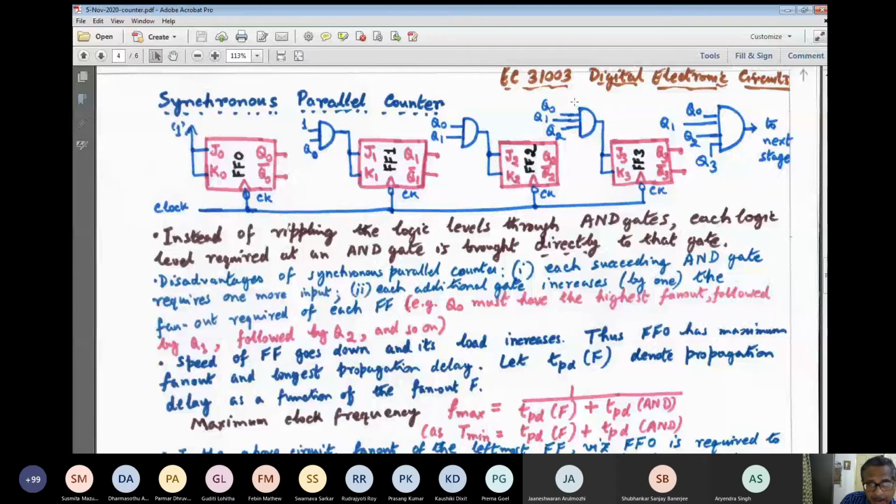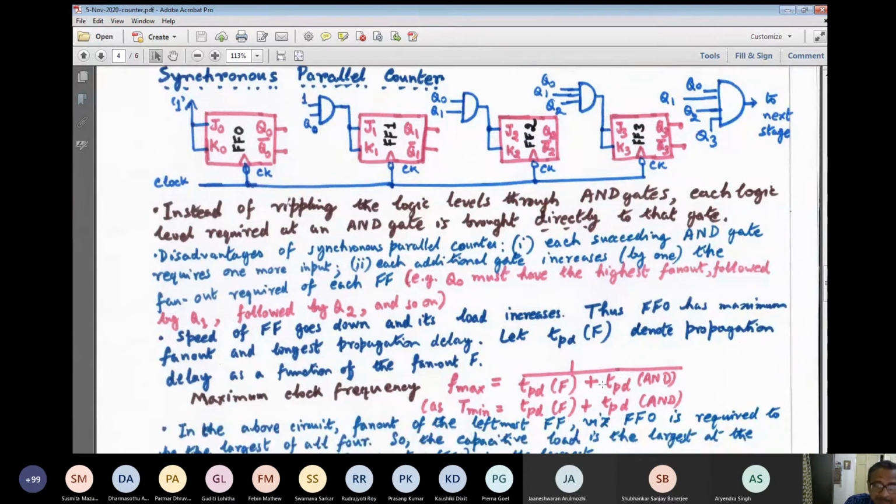It will depend on the input capacitances, and that depends on the base emitter PN junction capacitances. That is somewhat increased, but not linearly. That means if you increase the fan-in from 2 to 6, it does not mean that the propagation delay increases by 3 times. Not like that. It may increase from say 5 nanosecond to 6 nanosecond or 6.5, something like that, but not from 5 to 10. That's why in the expression we have written TPDF and TPDN.